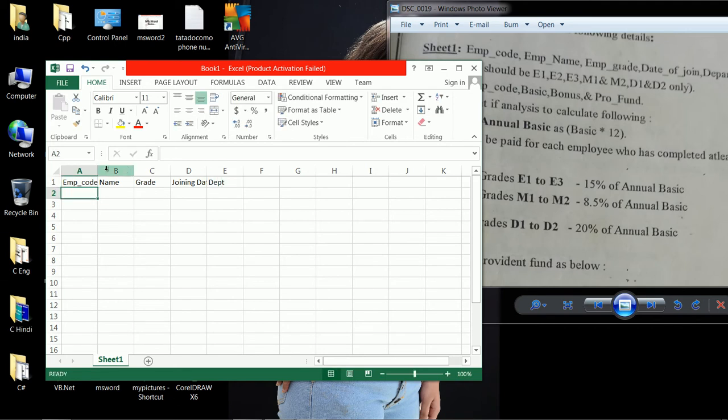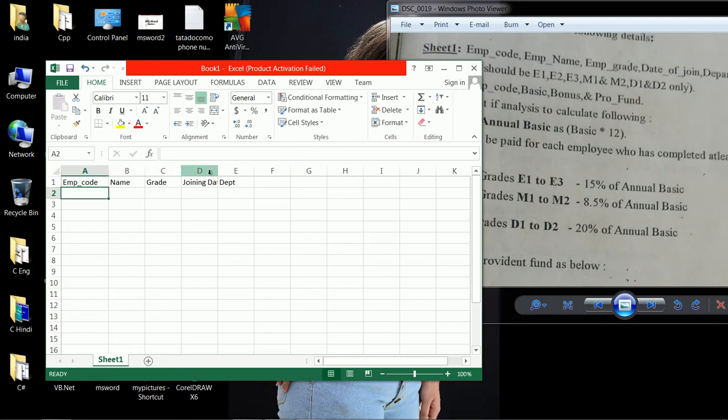Okay. In sheet 1, we have only this much data. Okay, let us put the values.